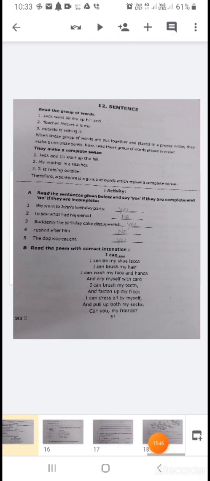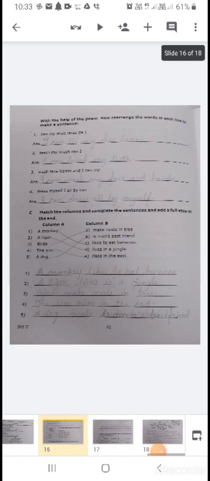Now you have to arrange these sentences according to the poem. Here is the first sentence: "Can my shoelace tie I?" The sentence which gives sense is "I can tie my shoelaces." Next, "teeth my brush can I." I can brush my teeth. Write down "I can brush my teeth." Third, "wash face, hands and can I my." So the third is "I can wash my face and hands." Fourth, "dress myself I all by can." So the meaningful